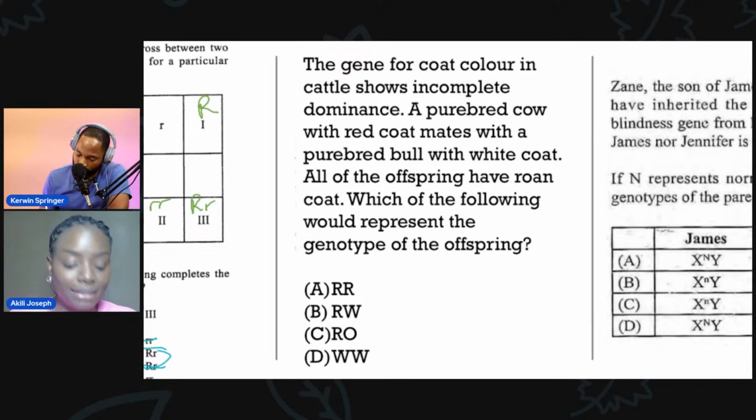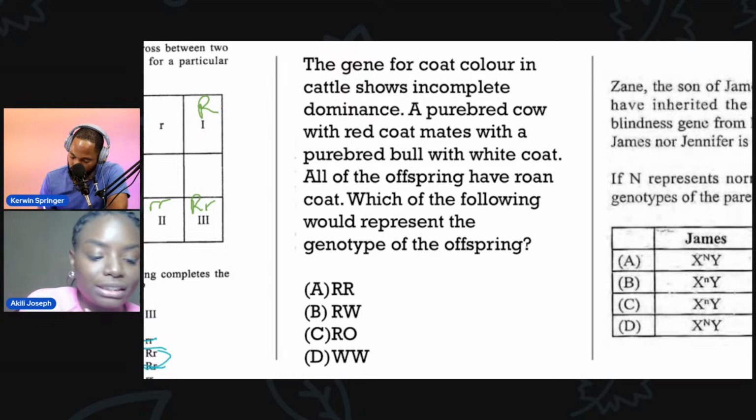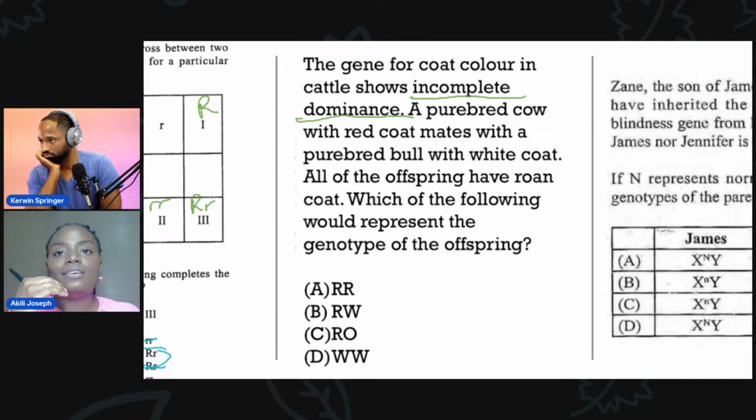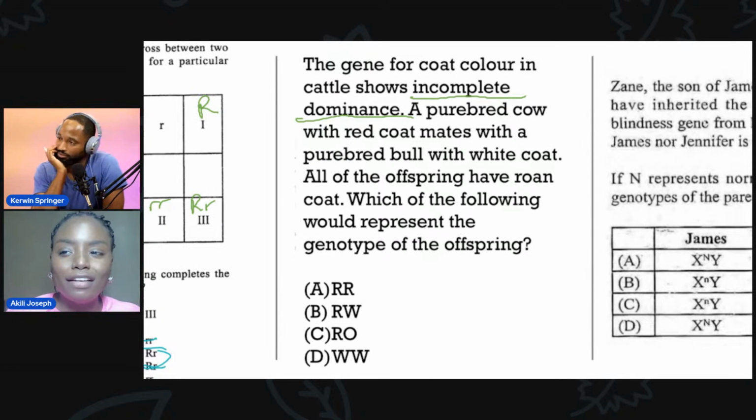So this question brings in a notion of something that we didn't meet before, which is incomplete dominance. So we've met before where you have a dominant allele and a recessive allele, and once the dominant allele is there, the recessive allele isn't able to have influence or show its characteristic, right? Incomplete dominance is where one allele is slightly doing a thing, having a stronger effect, so they both battle. It's not complete dominance where one masks the other, but the phenotype that's going to result from it is a